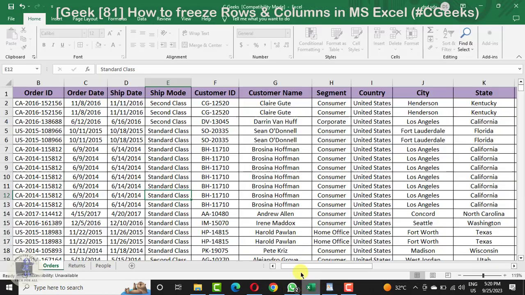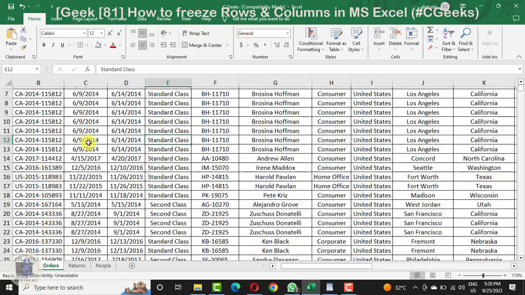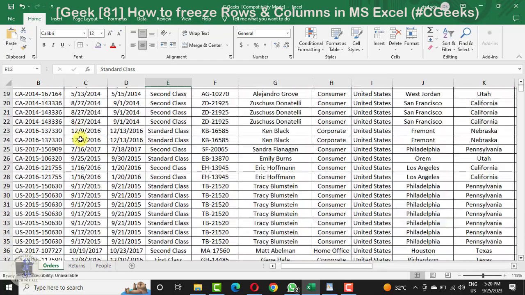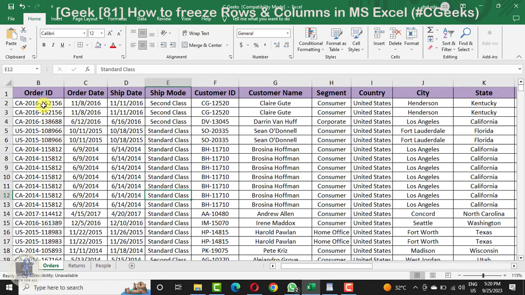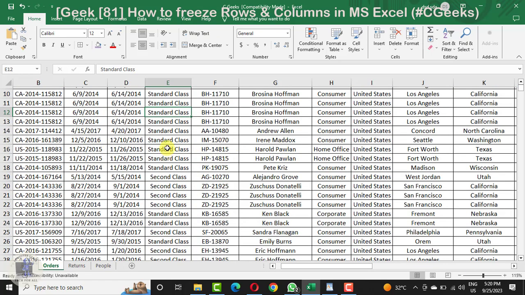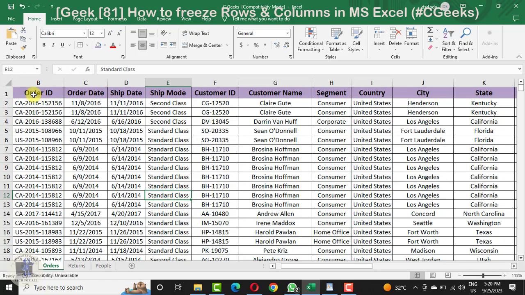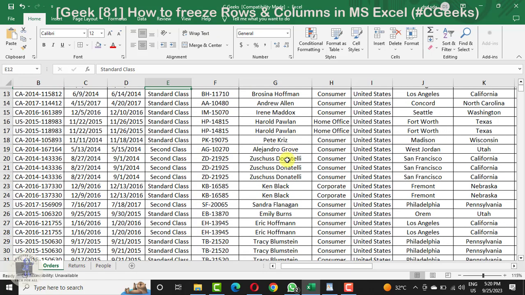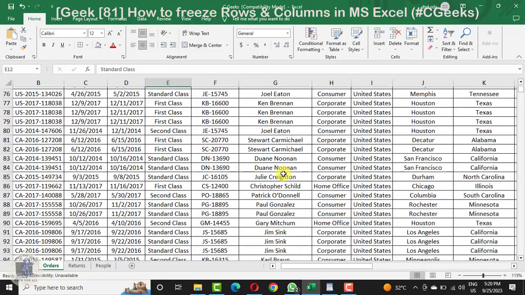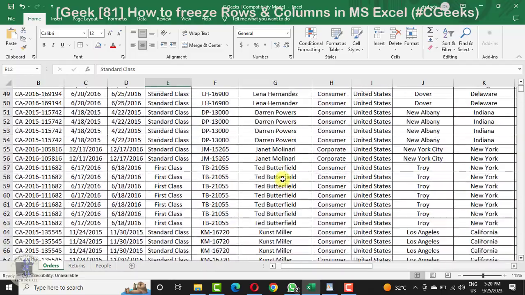We have a sample sheet with the order ID, order date, ship date, customer name, segment, country, etc. Currently, if we are moving downwards, you have no idea what the column says and what it is about. Most of the time you need the repetition of this row at every stage of Excel. So for this purpose,